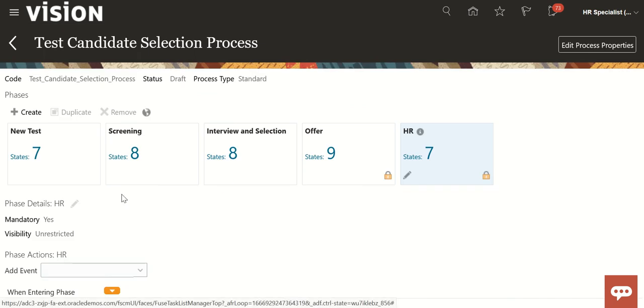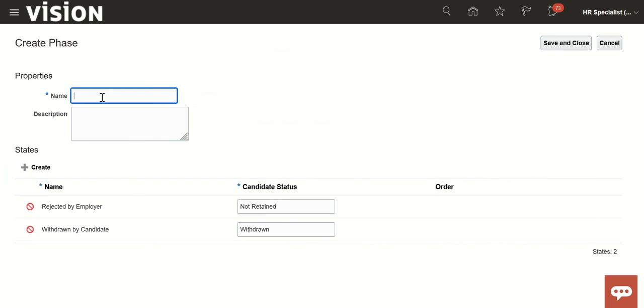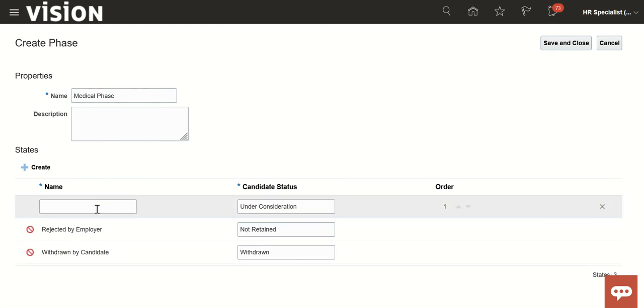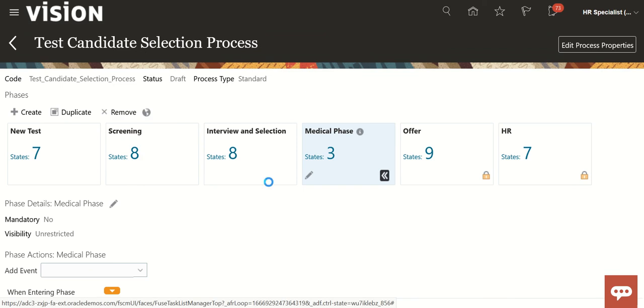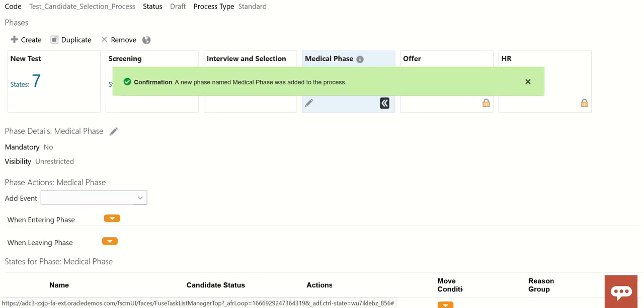Other than that, if you want to create a new phase, for example a medical phase, with the state medical test to be scheduled, those phases you can keep here.